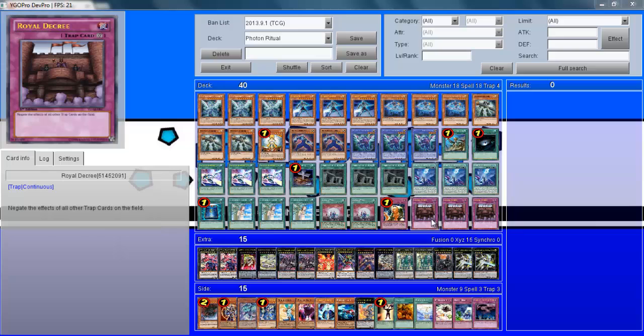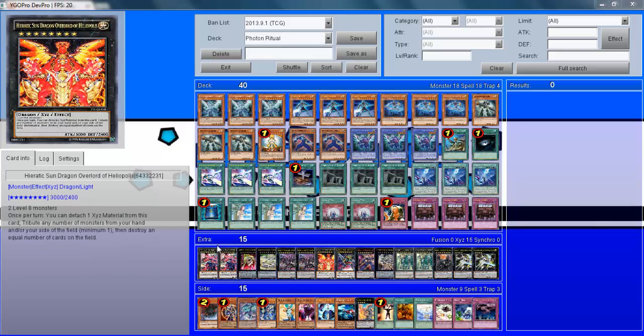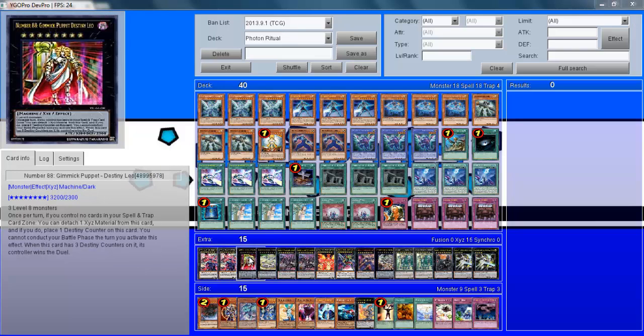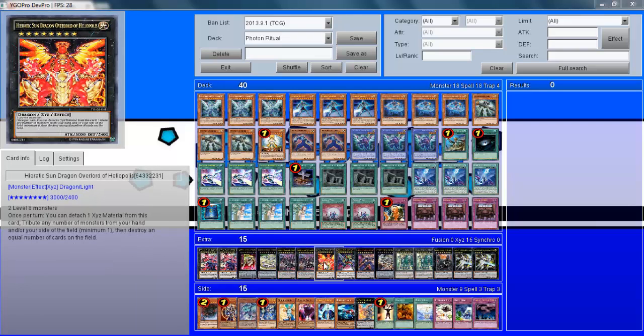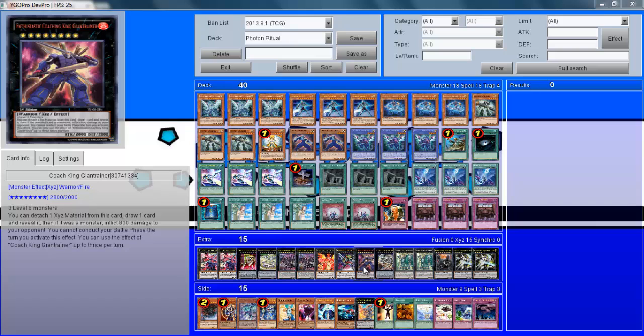So to go through some of the choices, it's better to explain the Extra Deck first before we go into this, because it sort of molds together quite well. We've got 2 Neo Galaxy Eyes Photon Dragon, 1 Gimmick Puppet Destiny Leo, 1 Dragluon, 2 Galaxy Eyes Tachyon Dragon, 1 Hieratic Sun Dragon Overlord of Heliopolis, 1 Gimmick Puppet of Strings, 1 Coach King